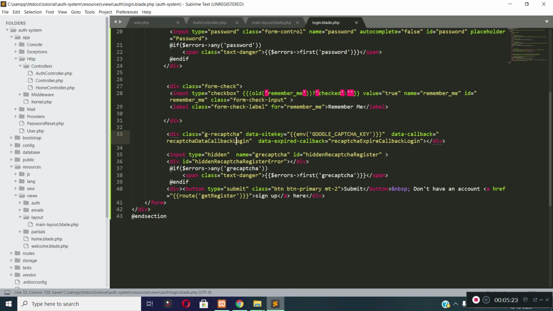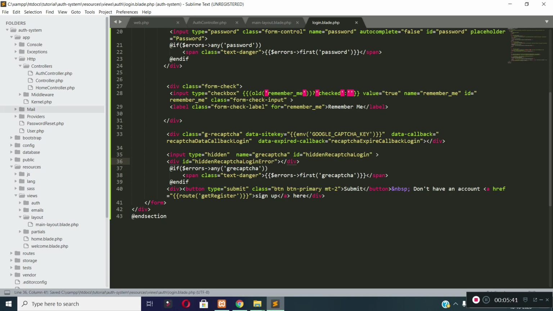Now we need to create these two functions in our auth.js file. Okay, let's rename the ID of this hidden input field to hidden reCAPTCHA login, and then let's rename the ID of this error div to hidden reCAPTCHA login error.